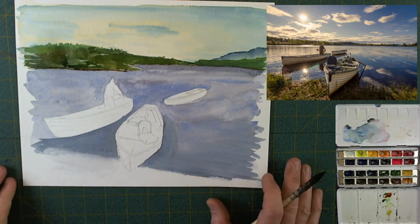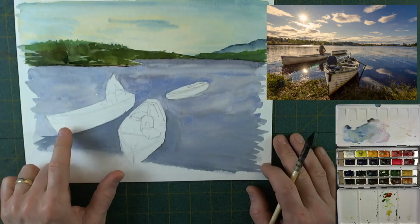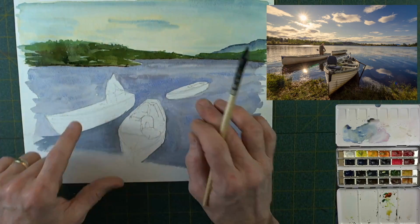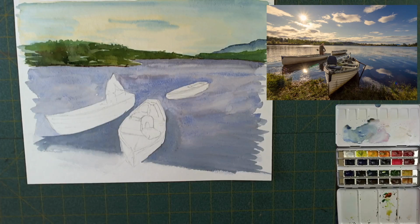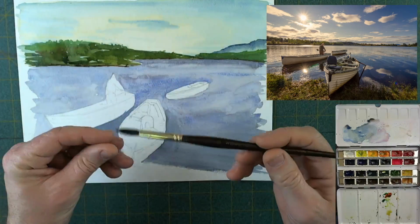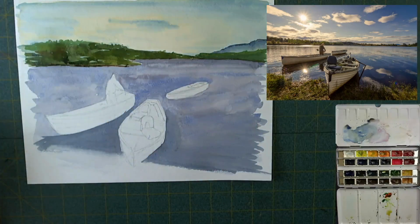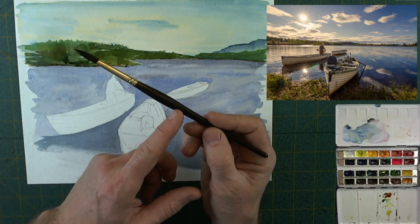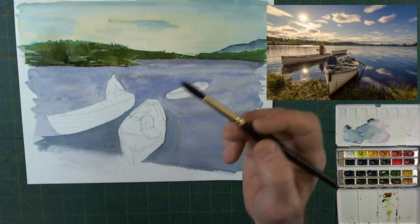What I want to start with is, I'm going to start with the inside of these boats. And these 2 boats here, let me drop down to a little smaller brush. It's a number 10, but it's the smallest number 10 brush that I've ever used. This is the Martini brush. Gray squirrel,